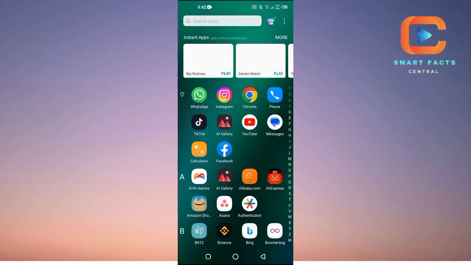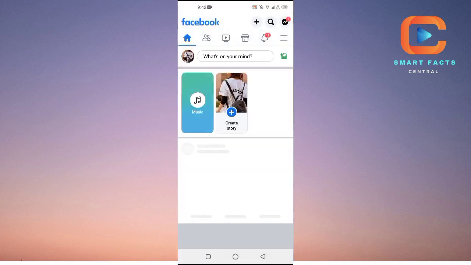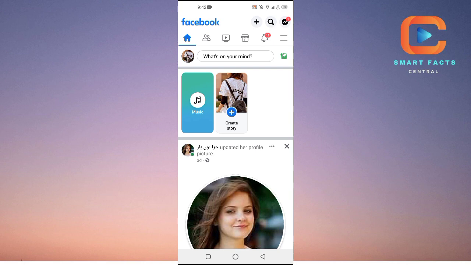So in this video I will tell you how to fix Facebook dating location mismatch. Okay, so first of all you're going to need to open up your Facebook application on your Android or iOS, and